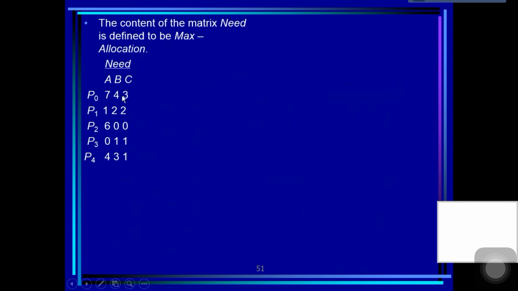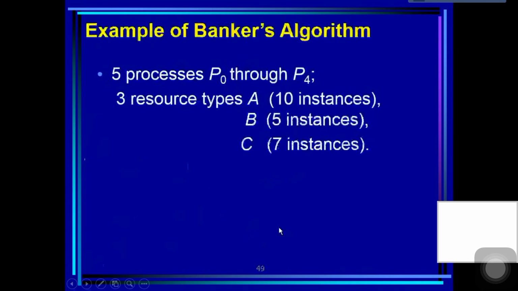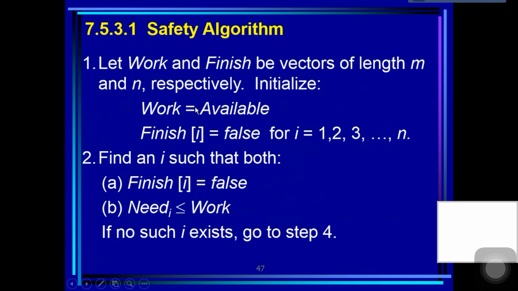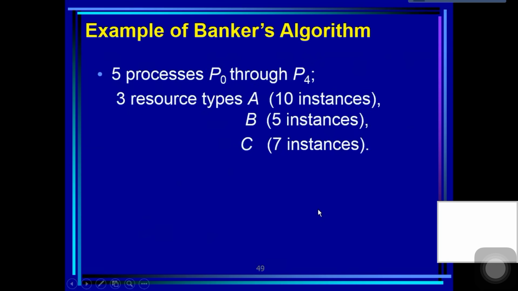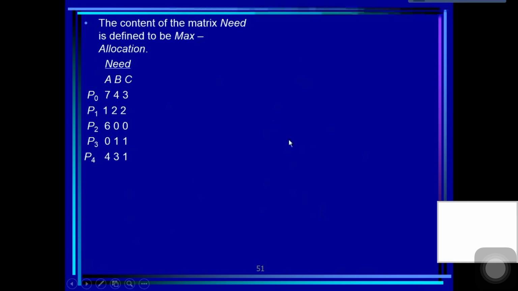This is the Need matrix. So now we first look at this. First, we get Work. Work equals Available, and all the elements of Finish equal false for each process. So let's look at